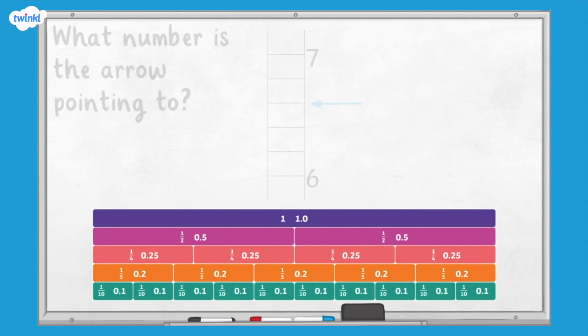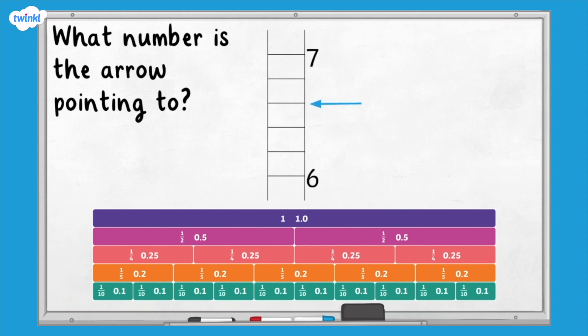What if the number line is vertical? We can still identify the marked number in the same way. On this number line, there are 5 sections between 6 and 7, so each section is 1/5. We can use our fraction decimal equivalents to see that 1/5 is equivalent to 0.2,